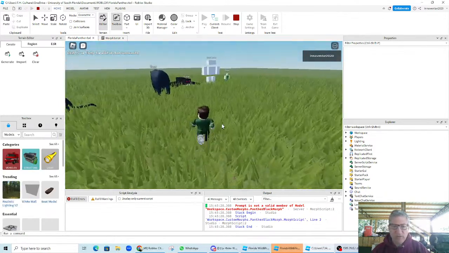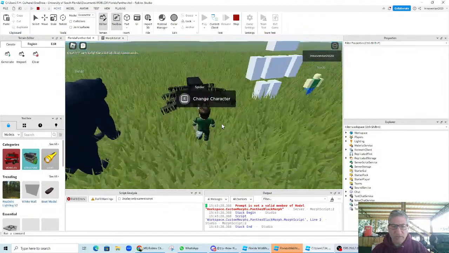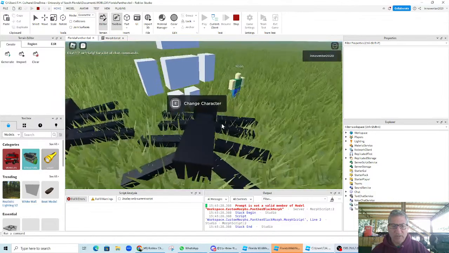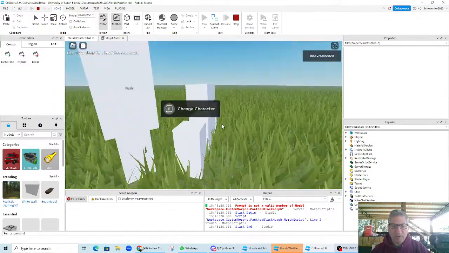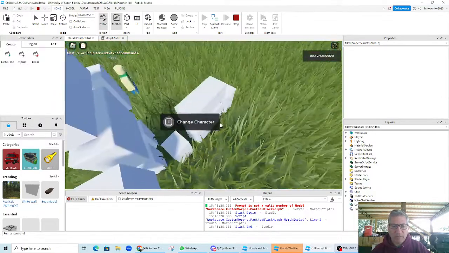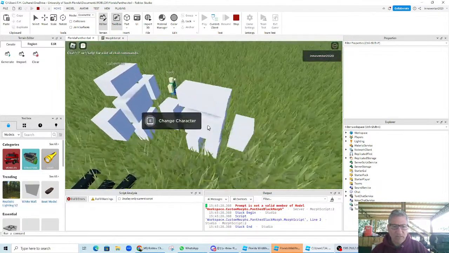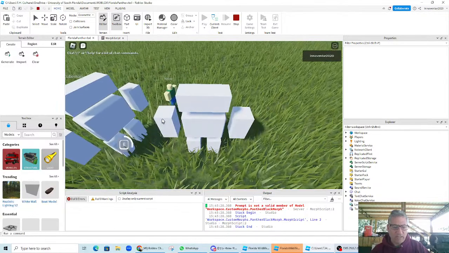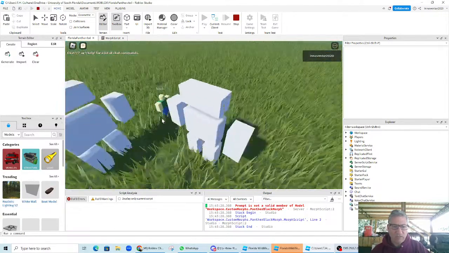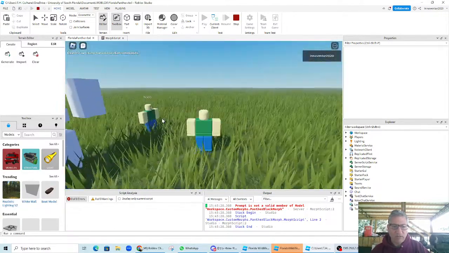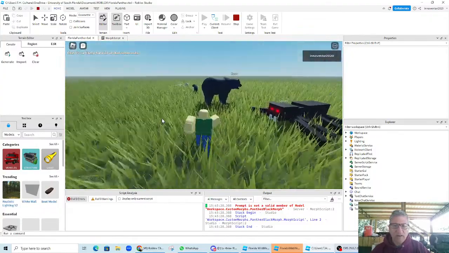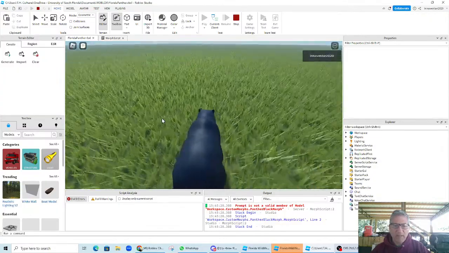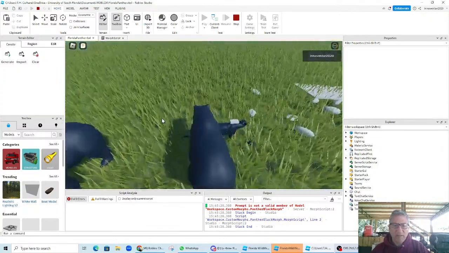Walk over, and the first thing, of course, is the spider. Change characters there. That works. Go over to the next character. I want to be a weird, blocky robot who's got all sorts of issues now. And then go over to the next guy and change. Oops, didn't go far enough there. Change character. And then walk over to my bear. Good, I'm a bear. Lovely. Panther, and of course